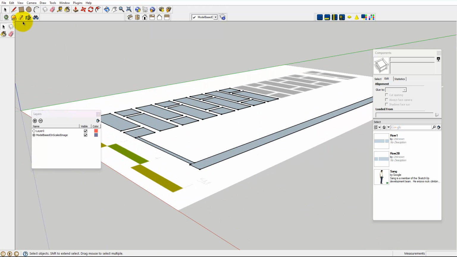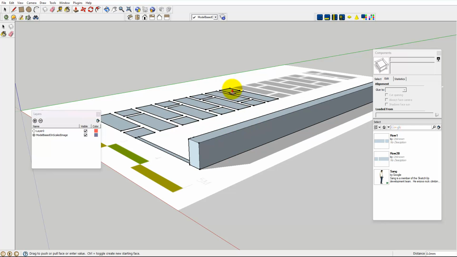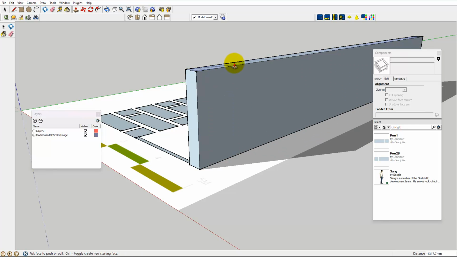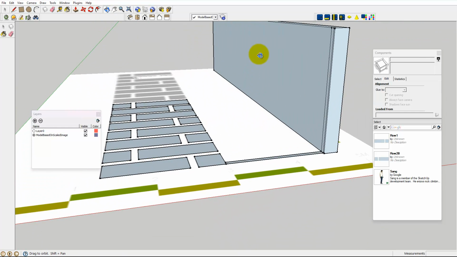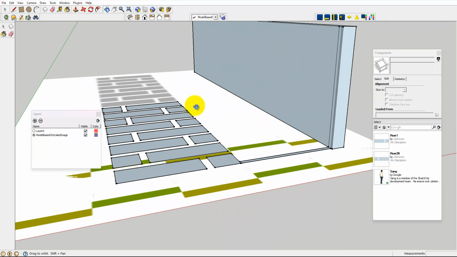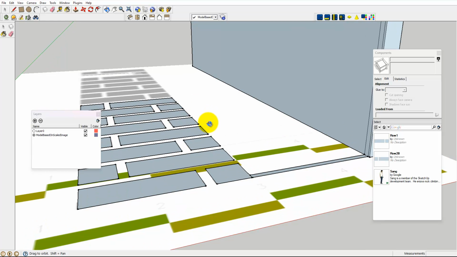To get that 230mm wide wall, just a matter of picking the face, selecting the face, use the push-pull tool and slide it up and let's imagine it's 1800 high. Type the value, then swing back. Can you see I'm starting to build up this shape, and we've turned shadows on, but if